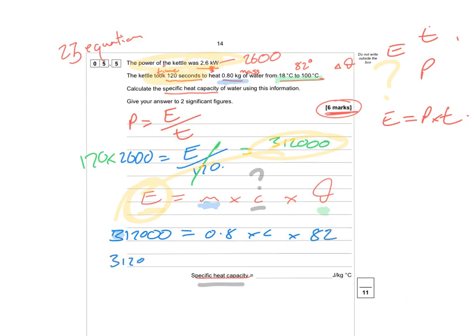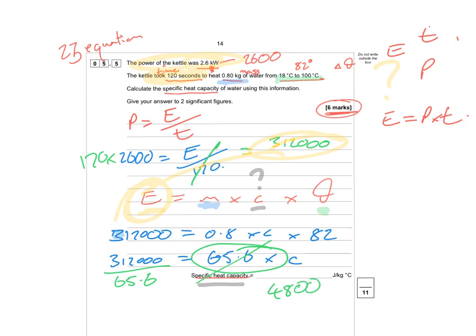Now what we're going to do is simplify it, which equals 65.6 times C. I'm going to get rid of the thing that's stuck next to C, times 65.6. I'm going to divide by 65.6, cancelling that out. And that gives us C as